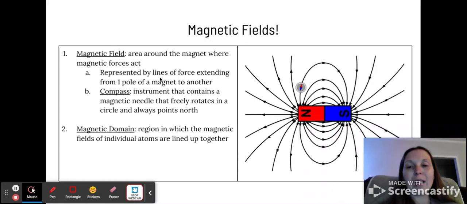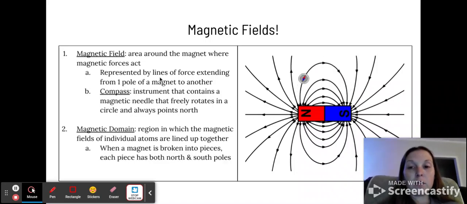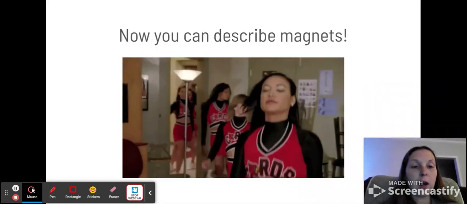And then we have what's called a magnetic domain, which is a region in which the magnetic fields of individual atoms are lined up together. So this is where we've got your positives and your negatives lined up in a specific order. And when that magnet is broken into pieces, each piece then becomes its own magnet. So if you take this north and south here and you cut it in half, then you'll have a north and south on one and a north and south on the other. It will adjust to form multiple magnets for that magnetic domain. So now, very quickly after that